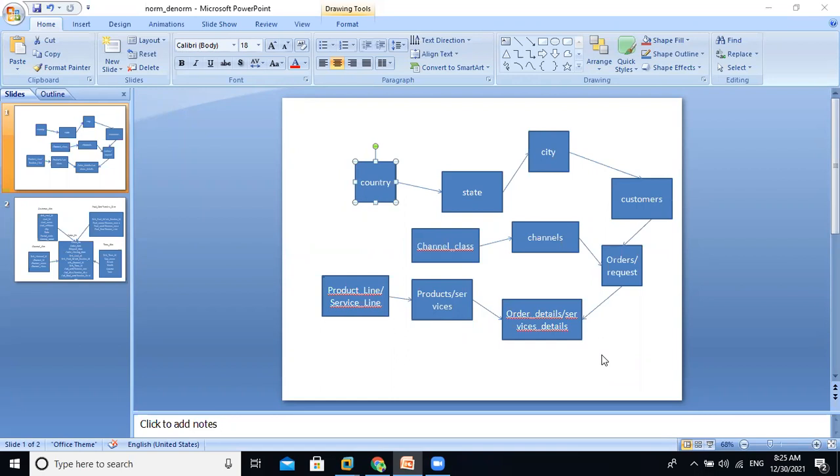That means at a time only one record is processed. That's why we need not worry about the performance at OLTP level. Okay, even in the ATM, at a time we can do only one transaction. It is impossible to do multiple transactions. We can withdraw the amount, or we can deposit, we can transfer the amount from one debit card to another debit card. Sometimes you can pay the bills also. Any kind of phone bills, electricity bills or water bills you can pay through ATM machines also, if available. But at a time we can do only one transaction, not multiple transactions. That's why we need not worry about the query complexity at OLTP level. Okay.